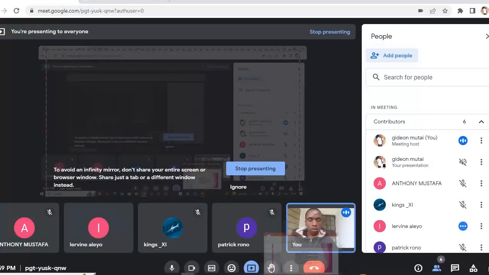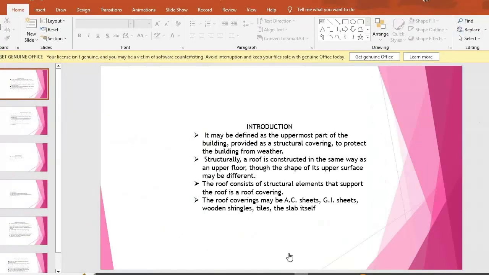It's a continuation of what we learned last week, and we are still on the roof. Can you define it? Lavin, can you read what you can see on your screen? Introduction. Yes. It may be defined as the uppermost part of the building, provided as a structural covering to protect